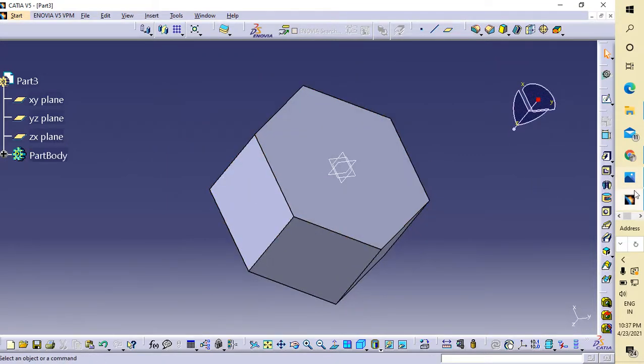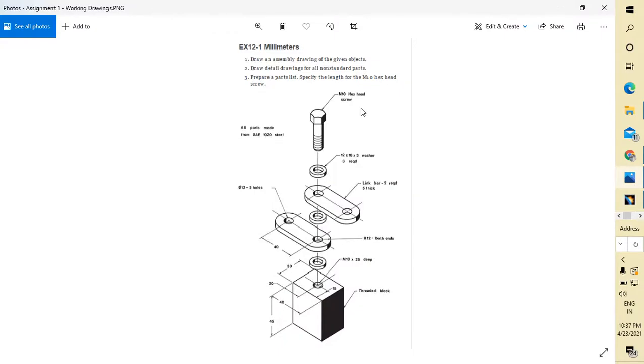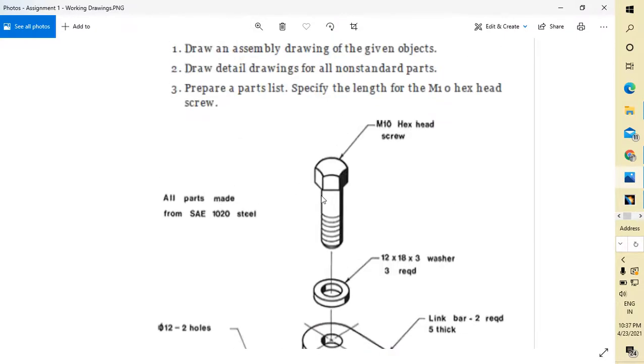Now I want to tell you something: in this we have to make an arc. Usually this arc, the fillet on the threaded part, is made at an angle of 30 degrees with the horizontal line. So now we have to make it as shown here.